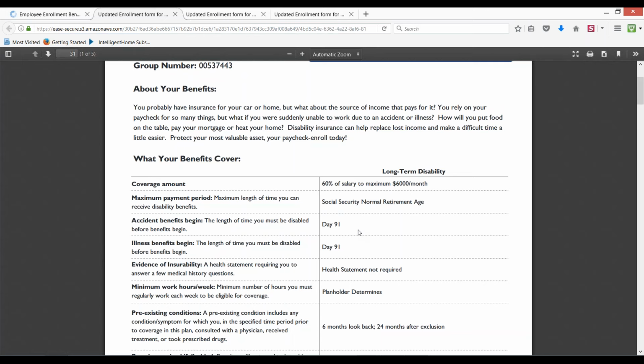The benefits for this policy do start on day 91, so it's still within the first year, but however, it integrates with state disability, so you have to be in the know that in your first year, those benefits are going to combine together. And since state disability only really pays you 55% of what you make to a max of almost $1,100, somewhere in that range per week, this is going to couple in with that to give you a little bit more, but it's really not going to be in full effect until you get into year 1, right? And that's where this is going to take over, because at that point, state disability is tapped out.